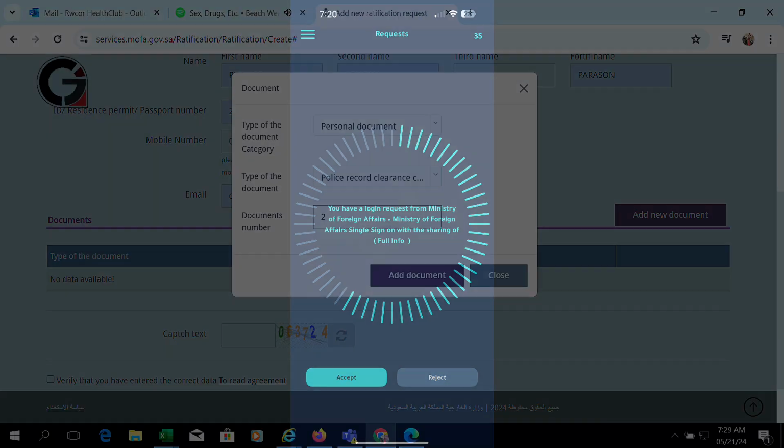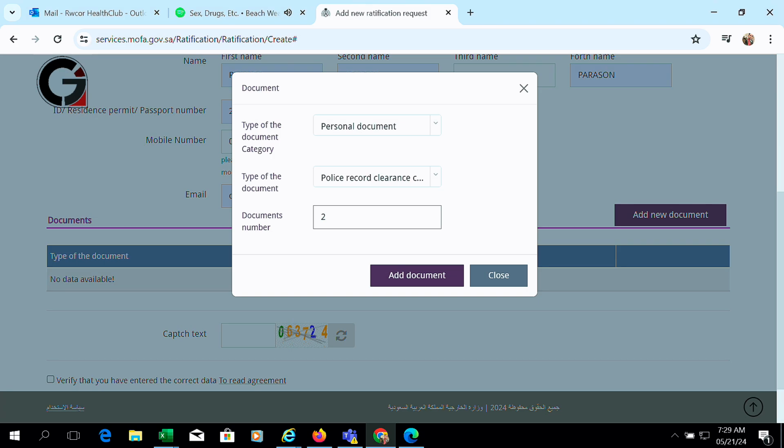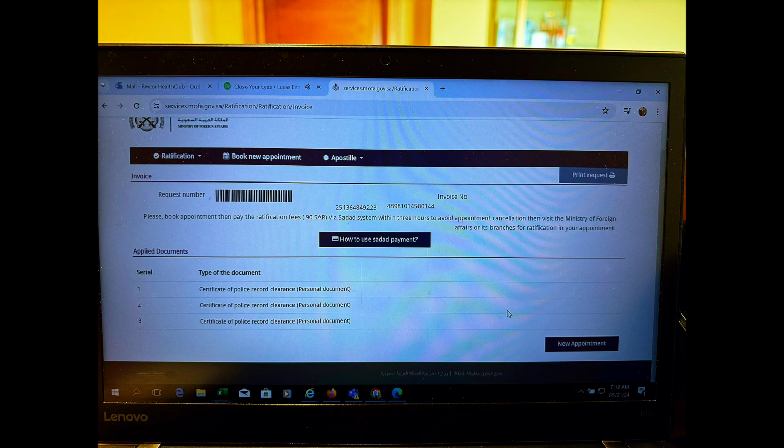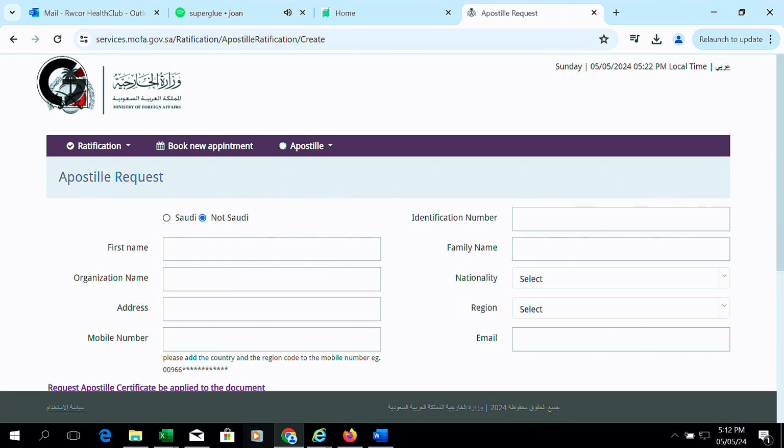via your NAFAT application. By doing this, it will automatically input your name and your ICAMA number on your MOFA appointment. Take note, after the NAFAT application, everything is still the same. Now that you have your MOFA appointment for ratification or the green sticker, you can now book for the apostille